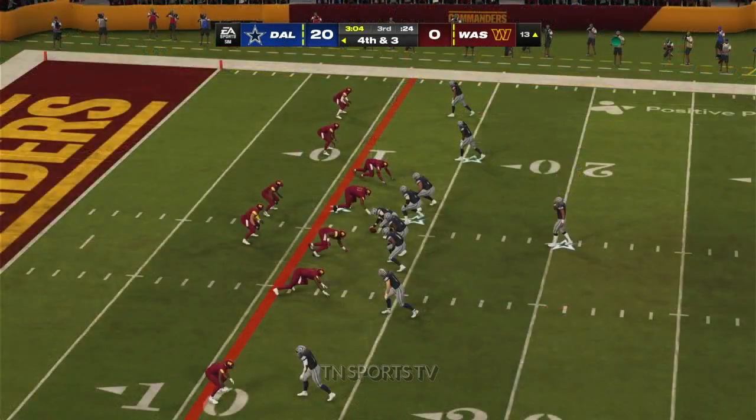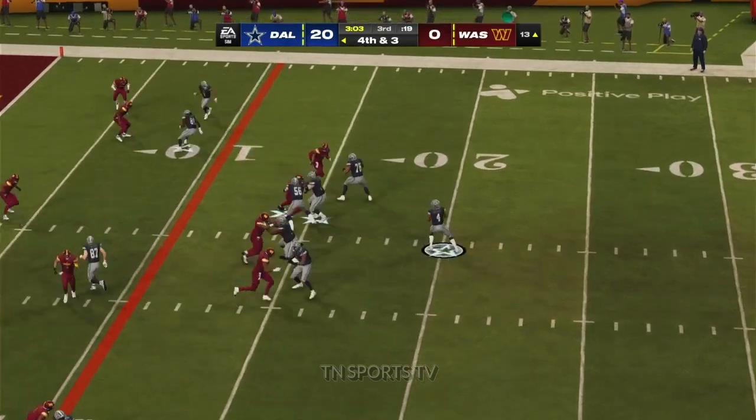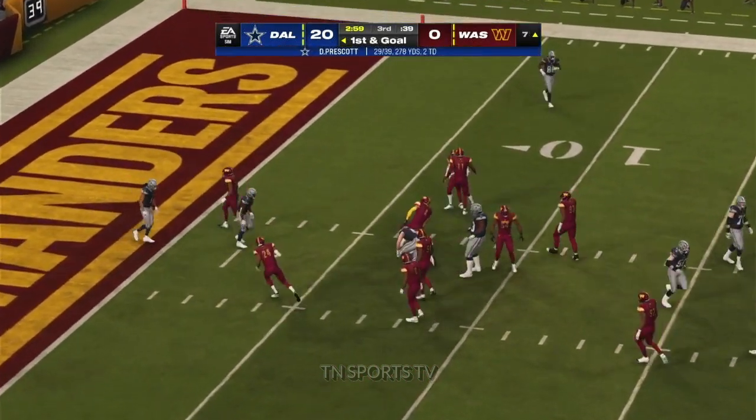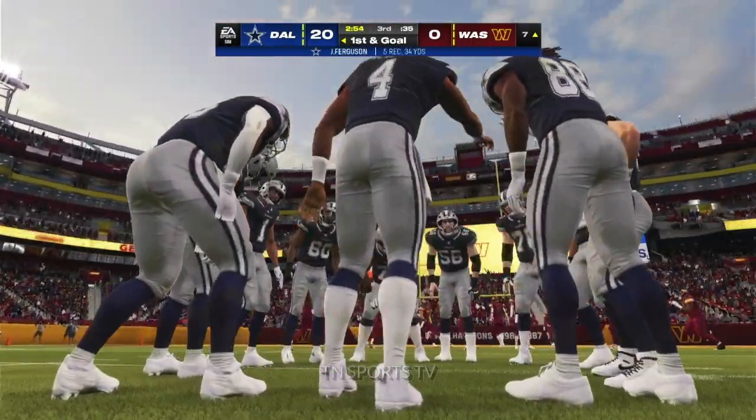Well, the offense is not leaving the field. They're going to stay out and go for it on 4th and 3. Prescott from the gun. Work in the middle of the field, and he's got a man complete. And the Cowboys are going to have 1st and goal as they try to finish off this drive with 6